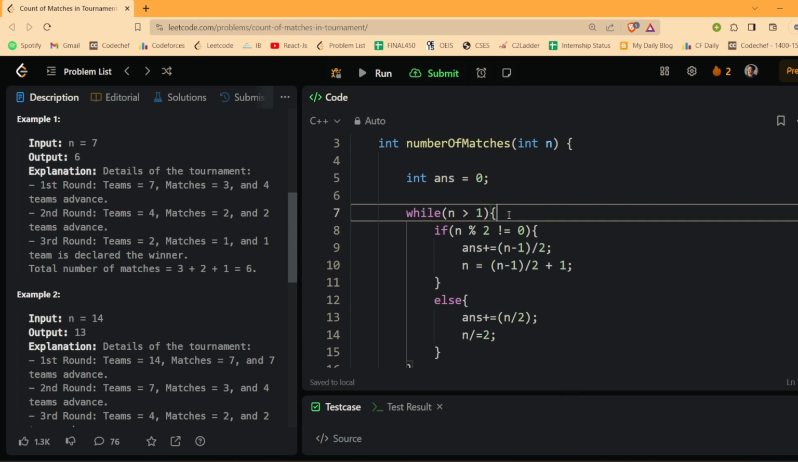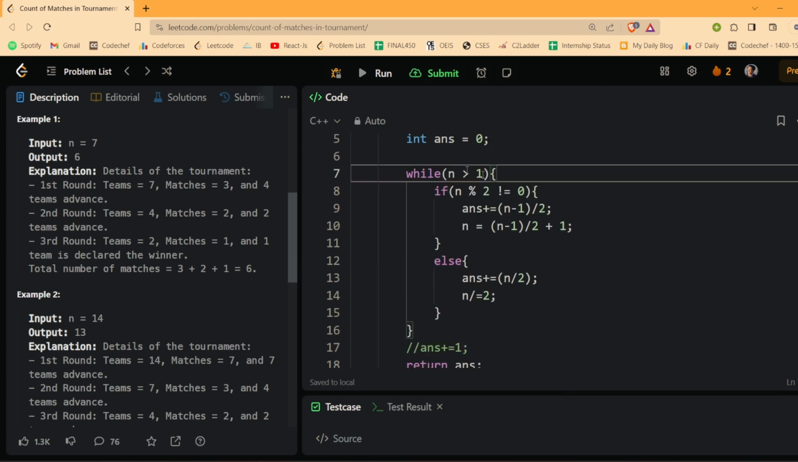Then the while loop: while the total number of teams is greater than 1, for that many times we can always make them play matches, and we can always eliminate teams until we have one final team left as our winner. While we are doing this,